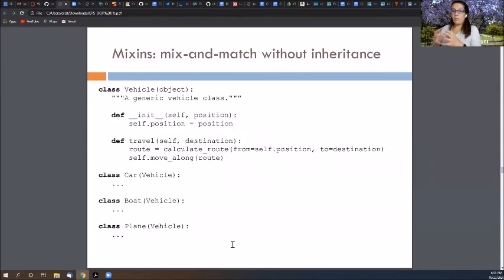Another mechanism for doing that is what's called mixins, which is something that exists in Python and some other languages too. It doesn't exist in Java or C#,